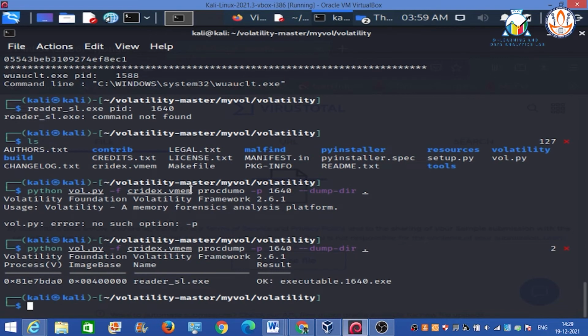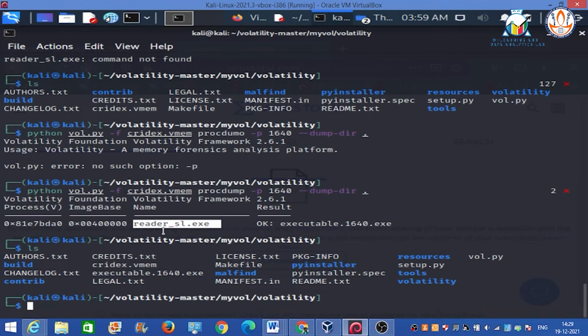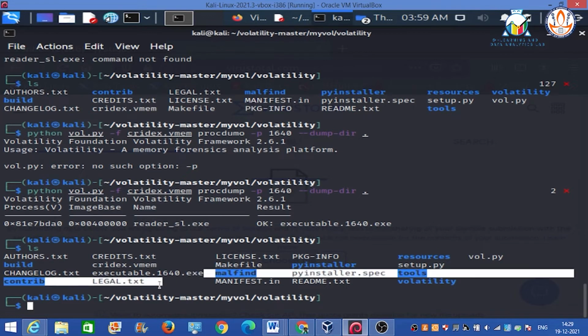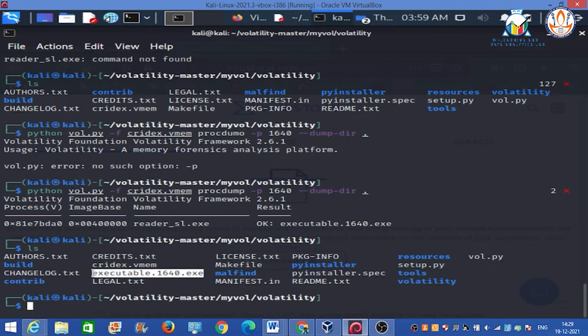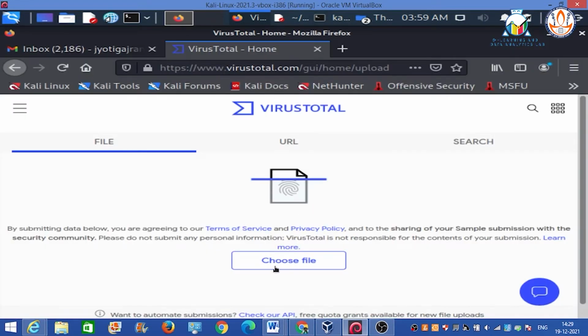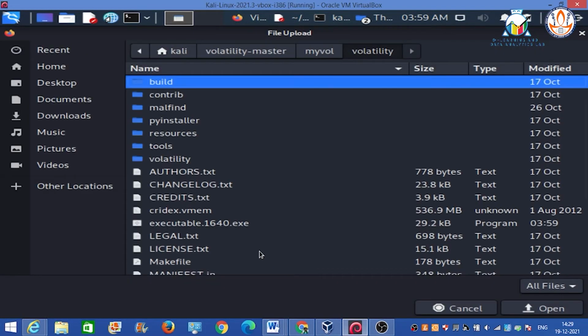So procdump is a plugin. You can see this plugin has given the output reader_sl.exe file, and if we look at it with the help of the ls command, we can see that this folder has a file, executable.1640.exe. So now, to confirm our doubt, we can submit this file to